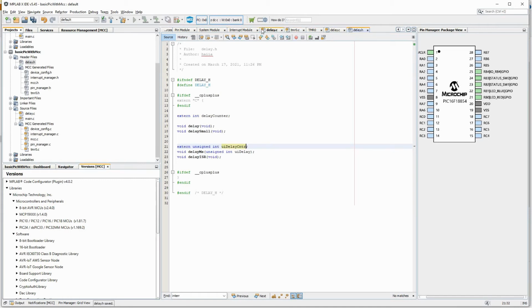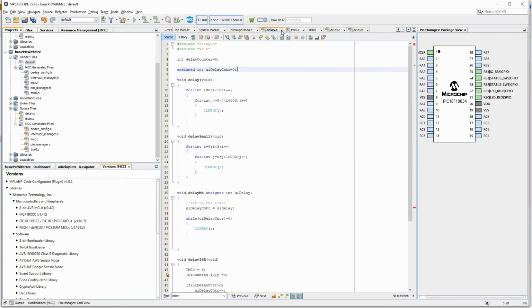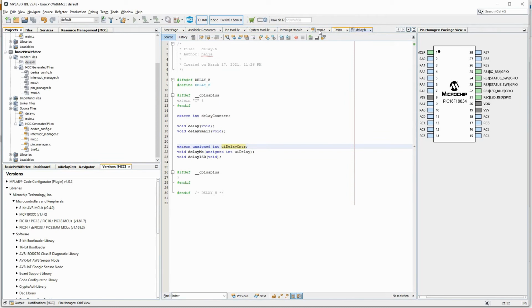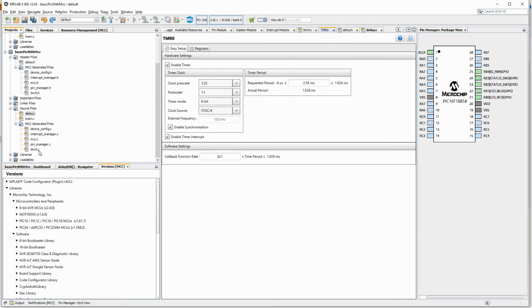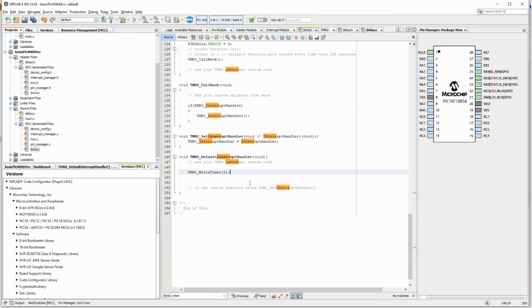So in the ISR, let me close off all these delays, it simply gets confusing, and keep only delay.h of this and delay.c of this. And this ISR I have to call in. This I don't have to do because it's already been done there. This delay ISR, let me call it in this timer file which has been generated.